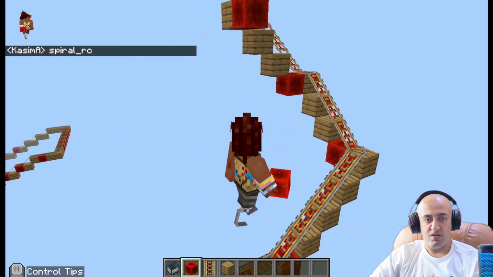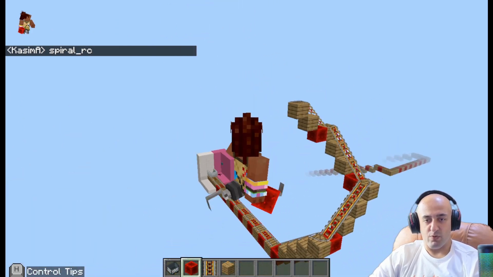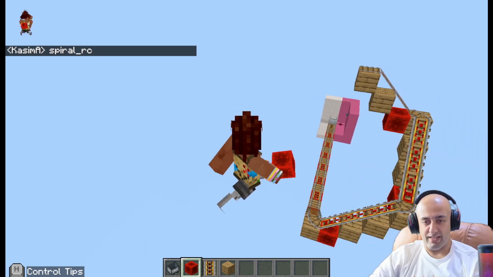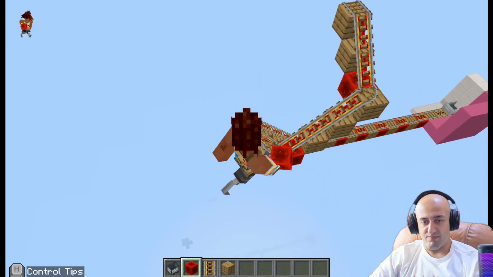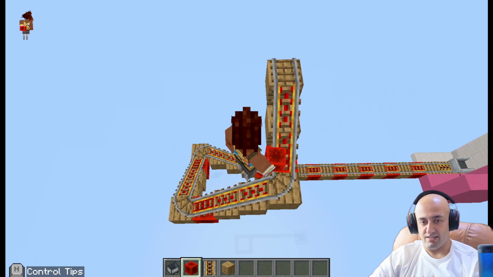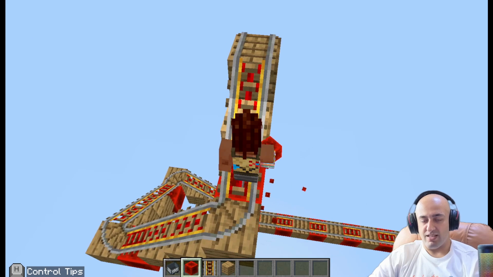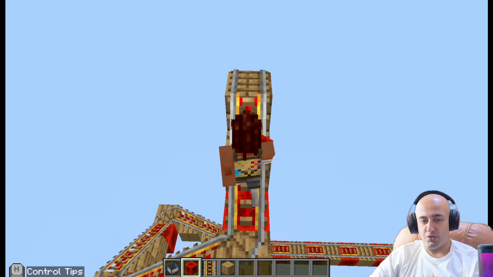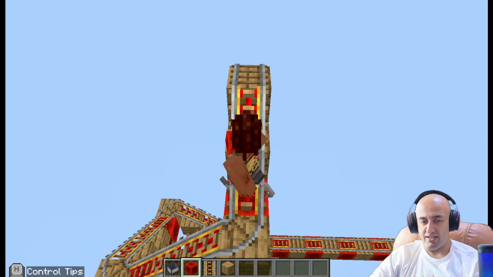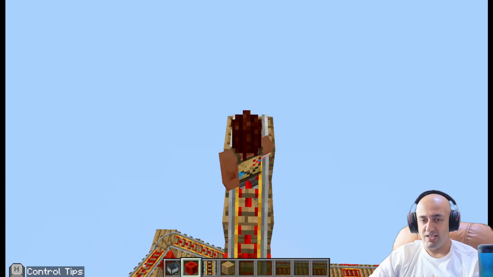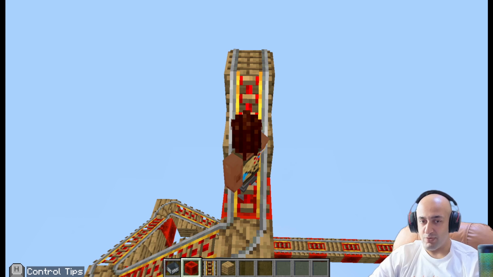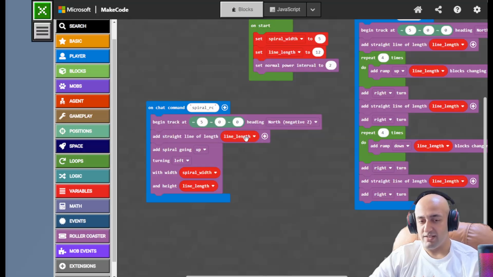Goes up. Okay, so the spiral is much bigger than it was before, right? Because do you remember before it was making a spiral, but it was much tighter. So yeah. Now the important thing about spirals is that it's quite difficult to predict where it's going to end based on the numbers and how they've coded it. So I would add a spiral, press play, see where it ends, and then you can figure out what to